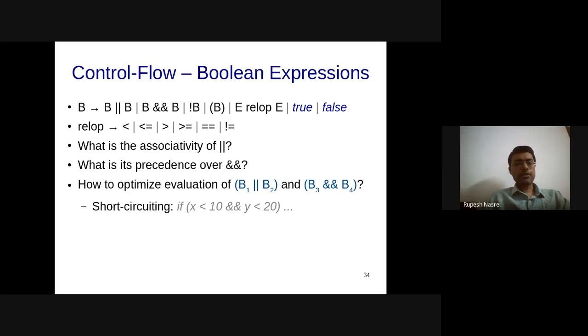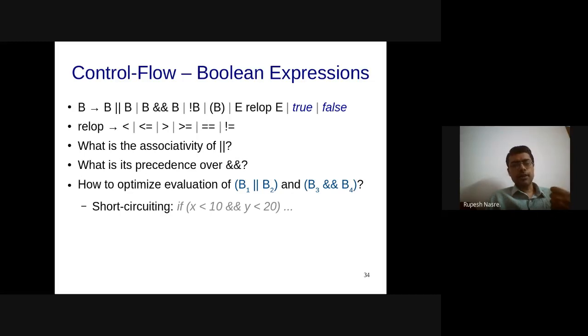And if the language semantics mention that this short circuiting must be there, then the language implementation must adhere to it. And you might see that this particular expression doesn't really cause trouble whether we evaluate y less than 20 or not, but in general it can cause trouble.